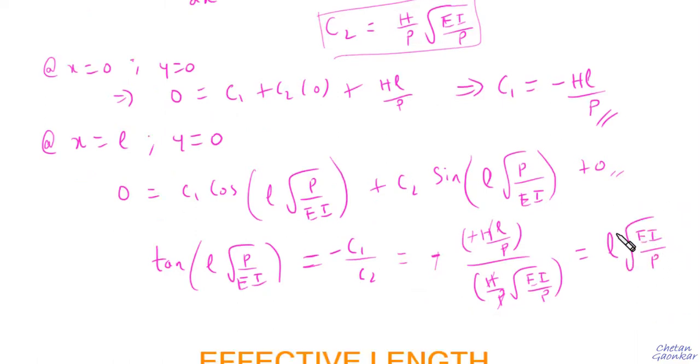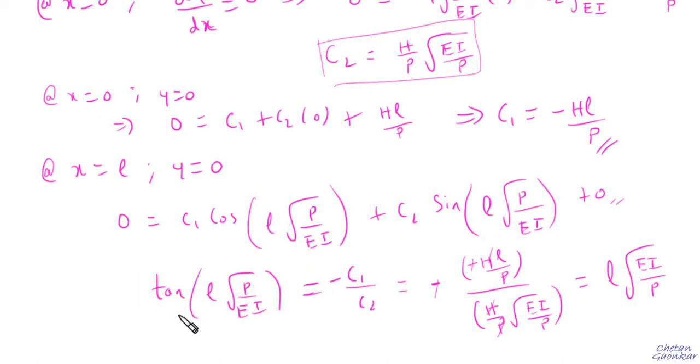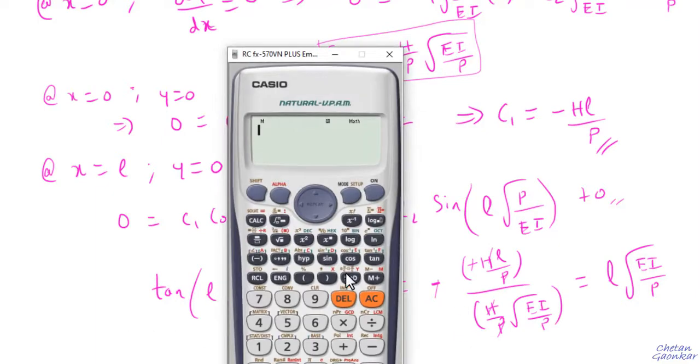So here basically what has happened is that we are getting tan of some angle equal to that same angle, and this usually happens if the angle is in radians. For example, if I say tan of, now see, my values of angles are in radians. Usually if we say tan of 2, we will get a value as something different, minus 2 or something. But if we try one more value, tan of 4, we will get a value that is something different.